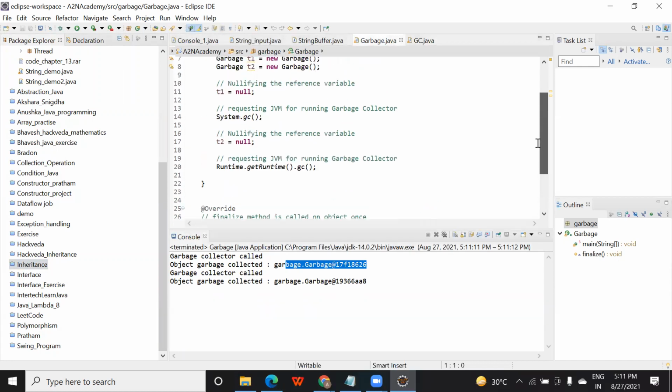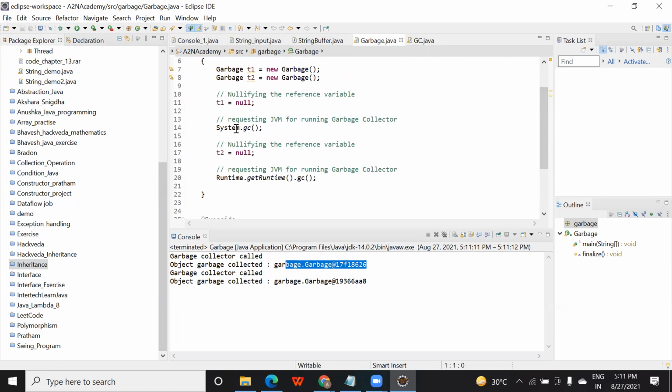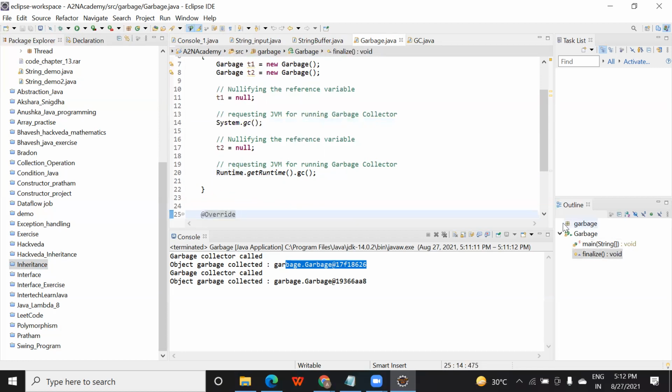So what is an object? I told you an object means a variable and value. In the exam they won't ask you in depth, they might ask you a function like this. Suppose they give you system.gc and other options in a drop-down, and ask which function is used for garbage collection, then select gc. Then they might ask about Runtime.getRuntime().gc. They might ask which function you use to release memory and calculate memory. From this you are calling the JVM to calculate the memory, and this will release the memory.